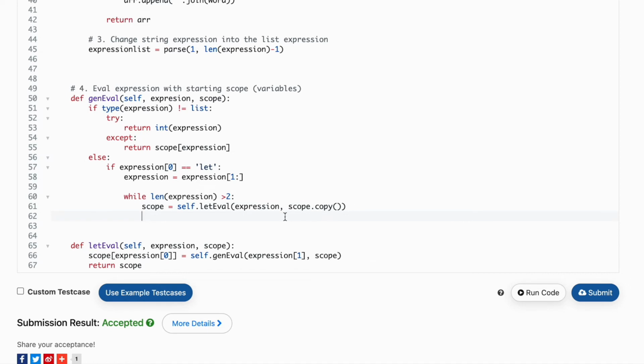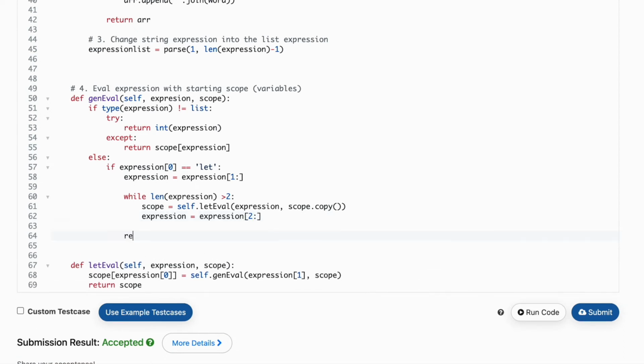Now after we add this new value inside our scope, we need to increment our expression value by 2. And then we're going to return the last expression from our let expression that we need to evaluate. So we can return just